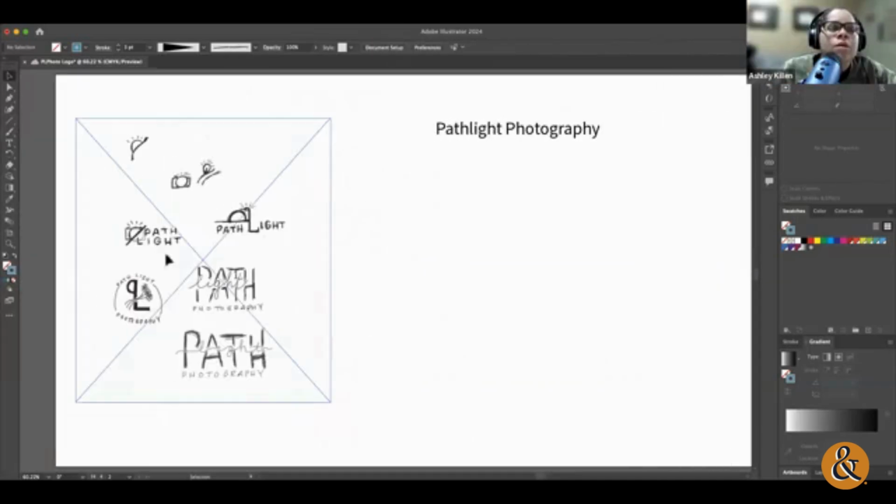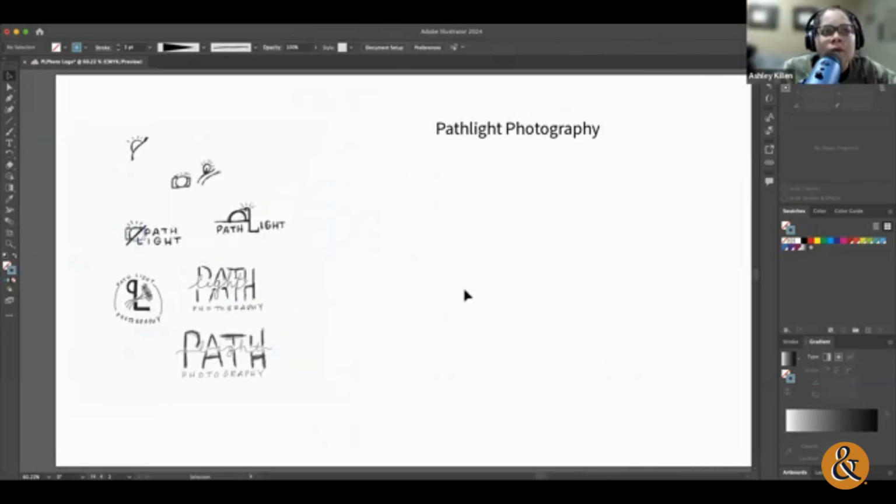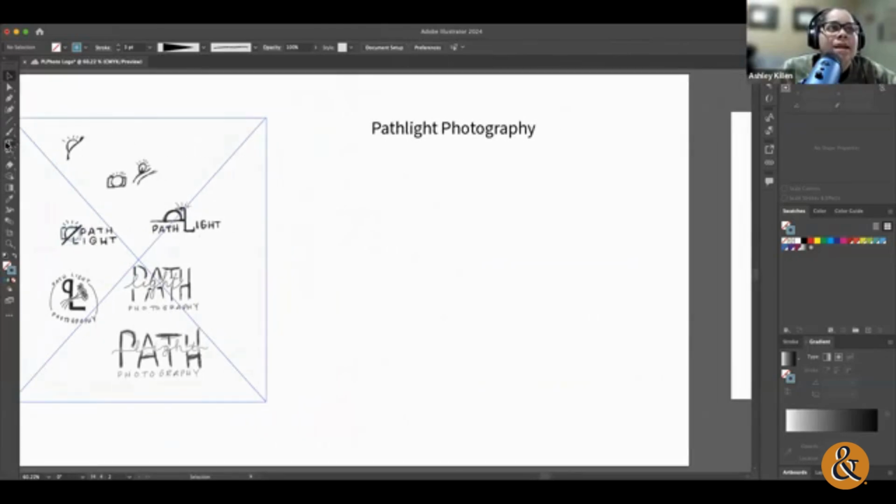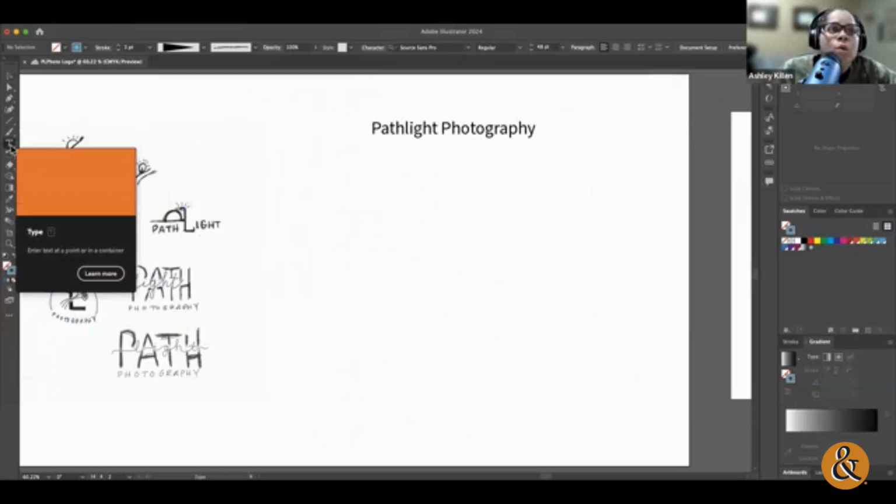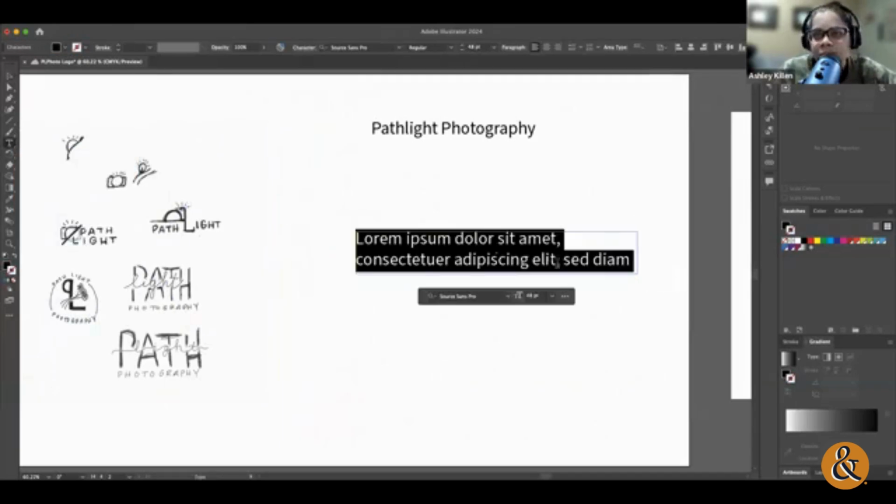And then from there, let's say I create everything and I like the way the graphic looks, then I'm going to start incorporating some of my typography. That's where you're going to go with your type tool. And by default,